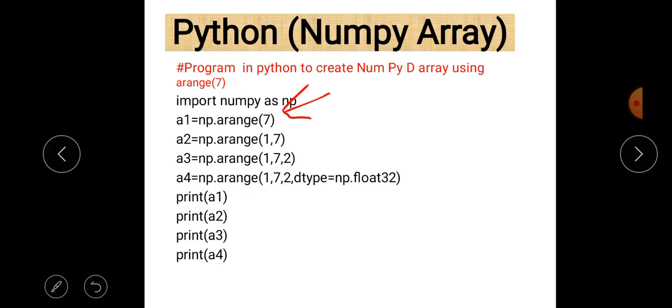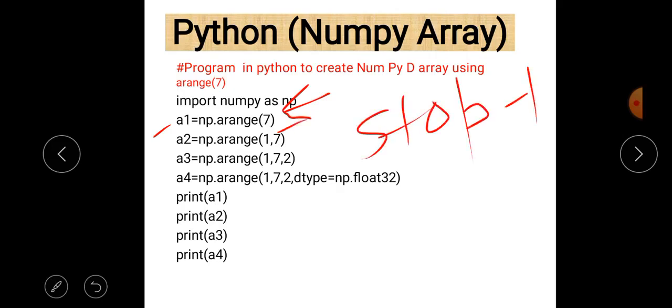The first example is one in which we give only a single value, which is considered as the stop value. The second important thing is that counting always goes up to stop minus 1. So 7 is there, so the last value must be 6.